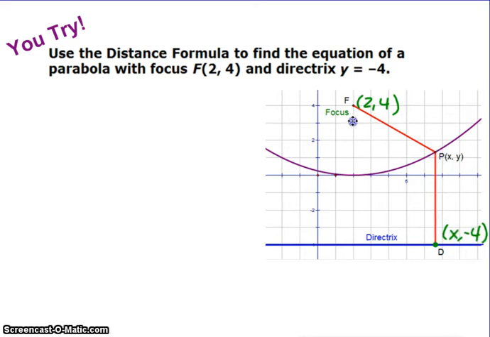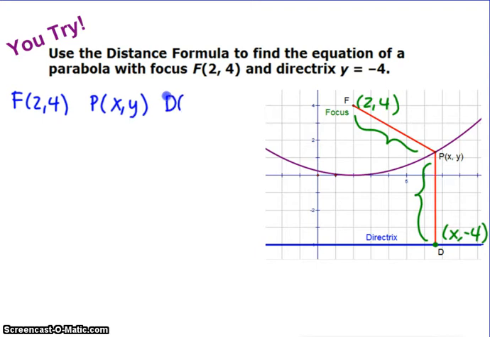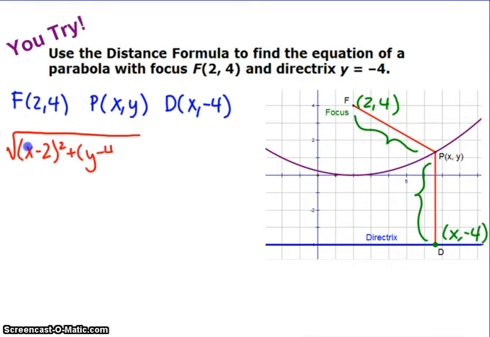So now that we have the 3 points, what we can do is find the distance from these 2 points using the distance formula. So if focus is 2, 4, and the point on the parabola is x, y, and the directrix point is x, negative 4, we can write the equation of this parabola. So the first side is going to be f to p, so we're going to say x minus 2 squared plus y minus 4 squared. That's x2 minus x1, y2 minus y1. That's going to be equal to the square root of